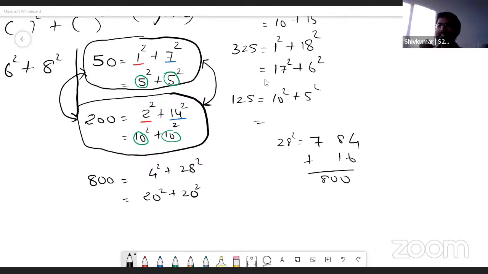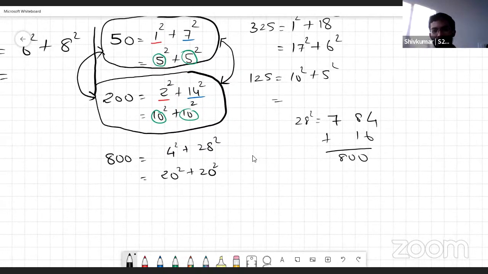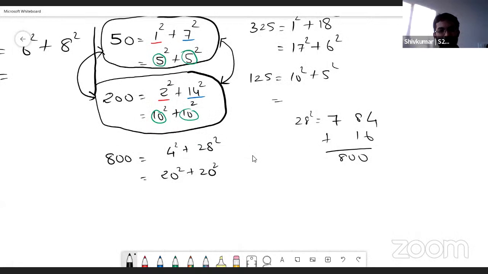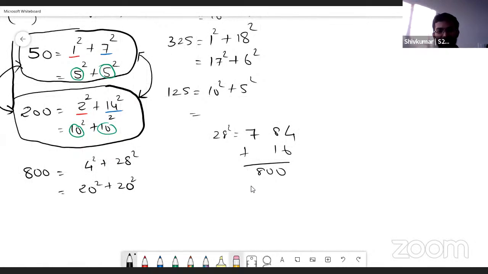So now why is this happening? Why, if we are doubling each of the bases, is this property holding? Can anyone give an explanation for that? So let me just write it like this. There is a number x squared plus y squared in the first line, if we see.